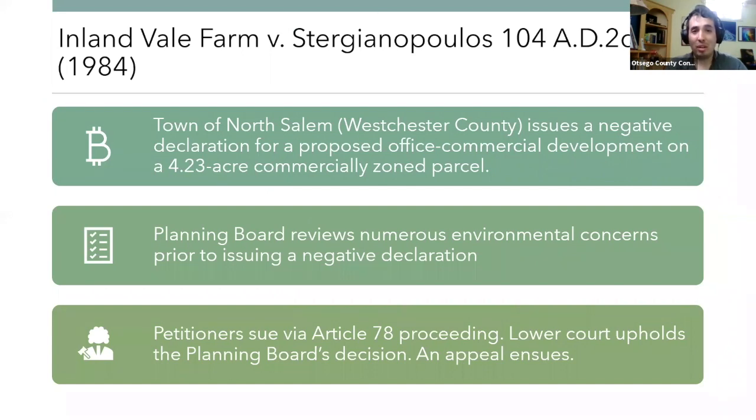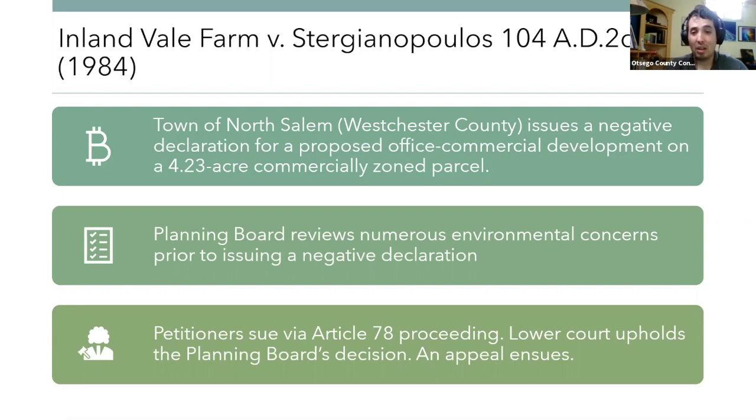In 1984, the town of North Salem, which is in Westchester County, issued a negative declaration for a proposed office/commercial development on a 4.23 acre commercially zoned parcel. And in this case, the planning board reviewed numerous environmental concerns. They had a consultant help them. They took a pretty hard look at the potential environmental impacts associated with the development of that site, and they issued a negative declaration. So the petitioners, a group of neighboring landowners, sued via an Article 78 proceeding,